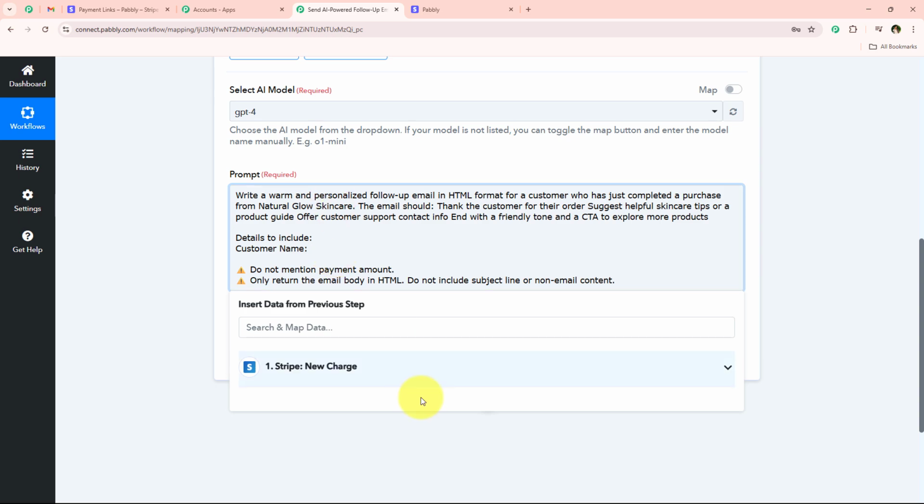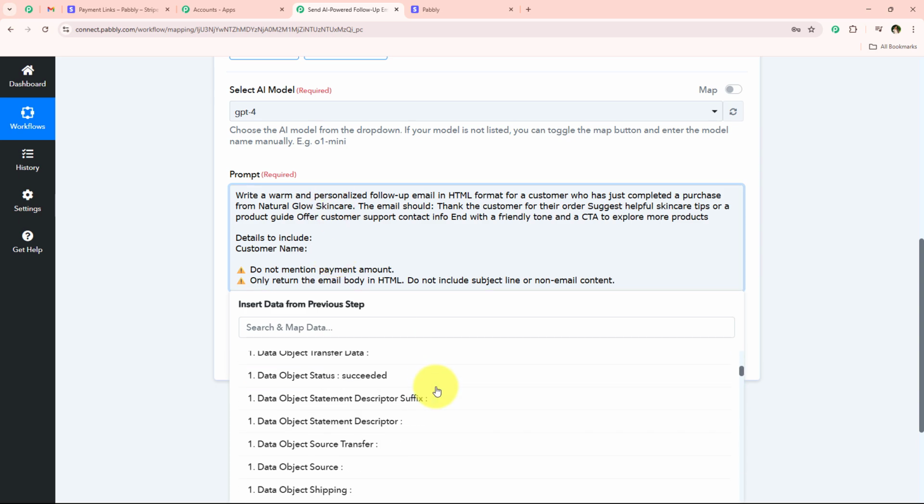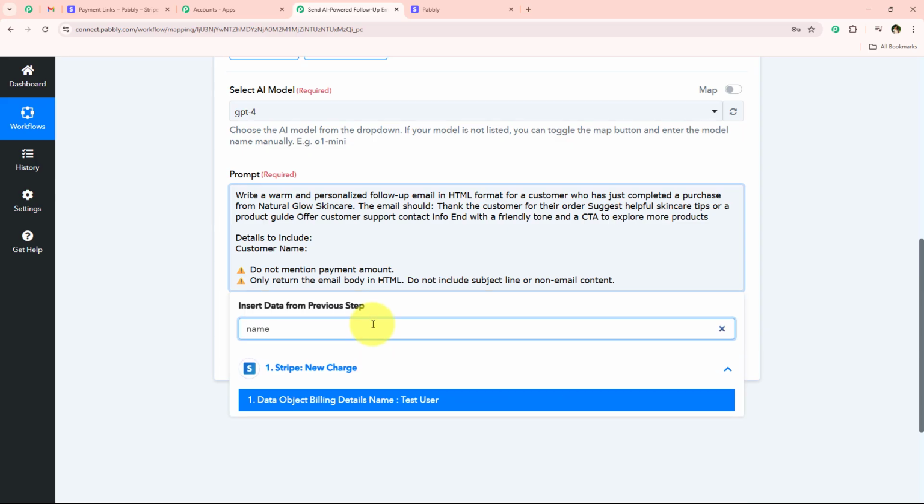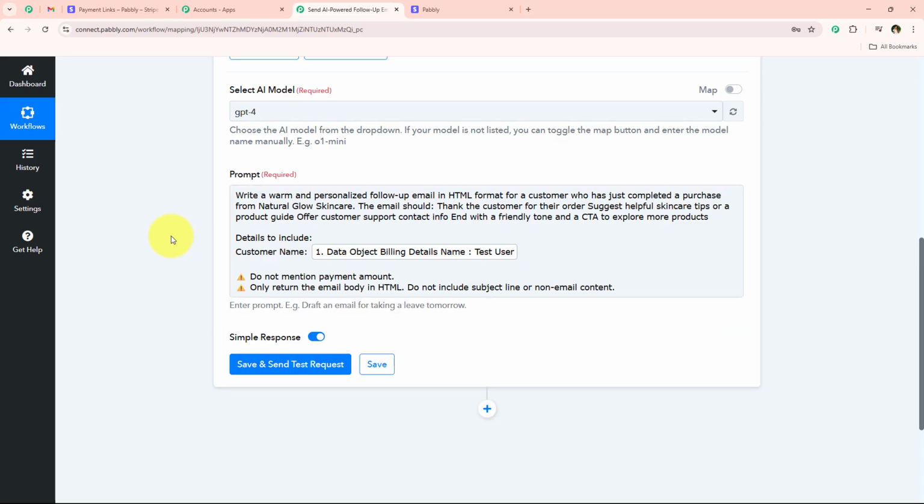So we are simply going to map the details from the response of our trigger application only, and as soon as we map these details, automatically my details will turn dynamic and change with every new response received. So I'm simply going to look for the customer name and map it. And after mapping this, I'm just going to click on this save and send test request. And once I click on this save and send test request, it is going to give me